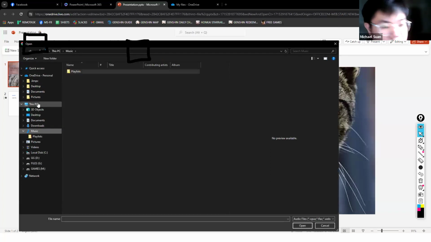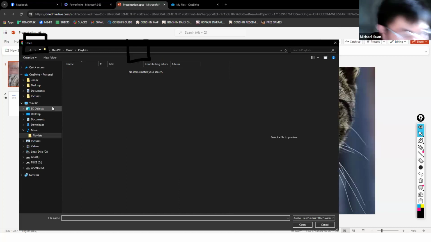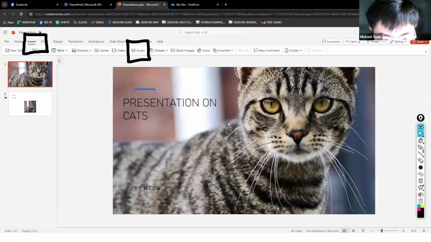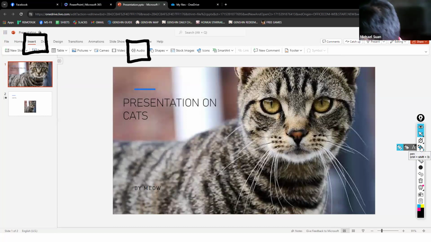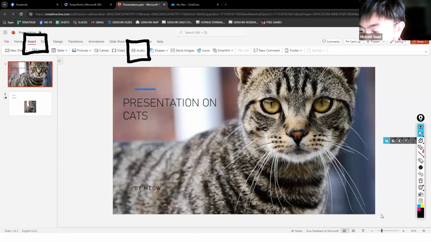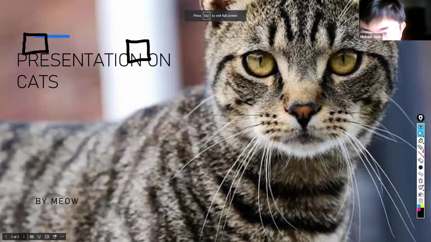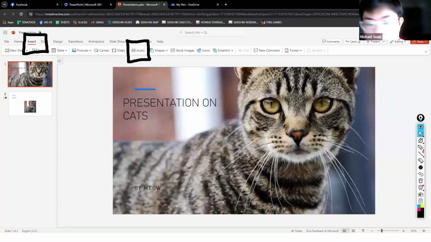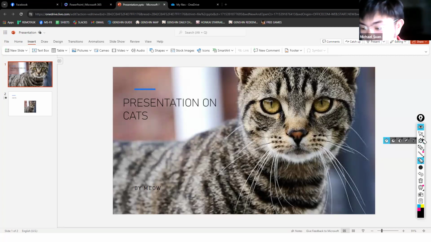I have no music, but if you have music downloaded, then you just click on the music and then click on open. So when you click on open, this will close. There will then be an automatic setting, and it will automatically play if you present. If this slide has music, then the music will automatically play.